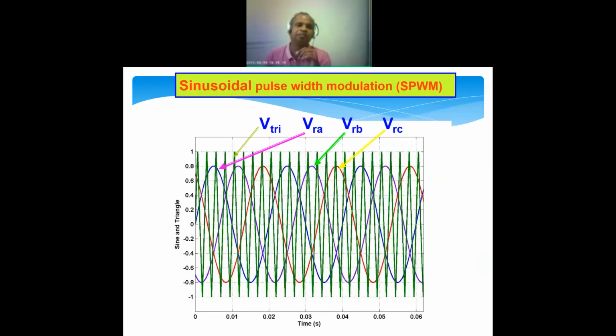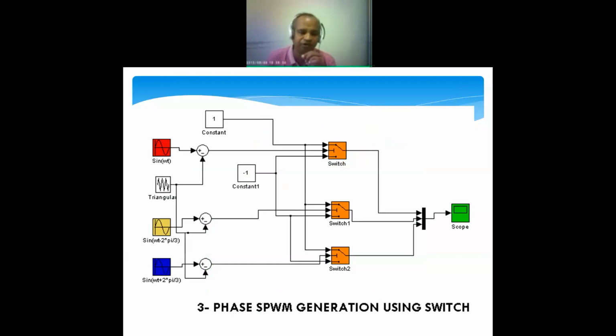So there is PWM switching, like I have already discussed in the inverter circuits. PWM is sinusoidal pulse width modulation. There are three sine waves compared with a triangular wave, and accordingly you can switch on and switch off. So how to model this? You can see here, when the upper switch is on, let's take plus one. When the lower switch is on, let's take